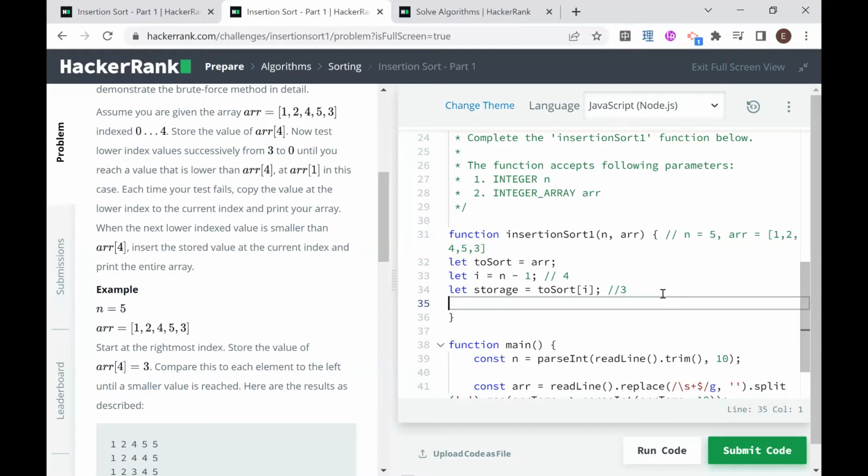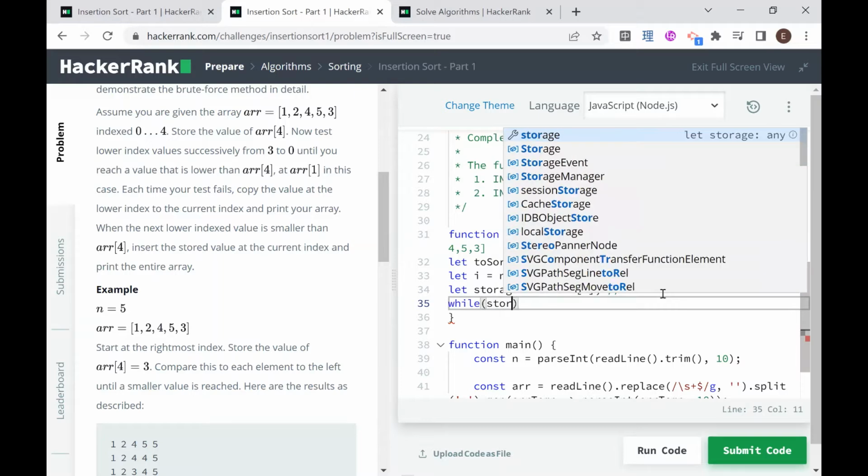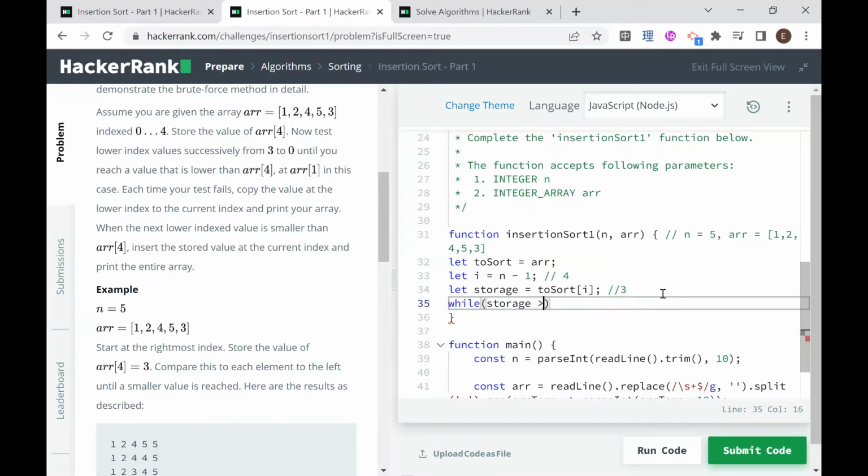So we're going to use a while loop here, and while storage is bigger, and we're really starting our test from i minus 1. But since that would complicate things for us, what we're actually going to do is add an equal here. If it's bigger or equal to,